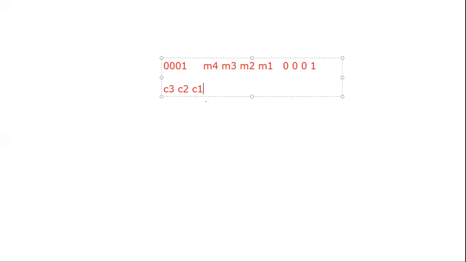Actually, no problem. Even if you write M1, M2, M3, M4, C1, C2, C3 also, no problem. Nothing wrong in that. But shifting is different here. Sometimes you have to go for the left shift, right shift. You have to shift to get the perfect code word. That is important. And so many times I told that no need to take the message bit as M1, M2, M3, M4. You can take M4, M3, M2, M1 also.